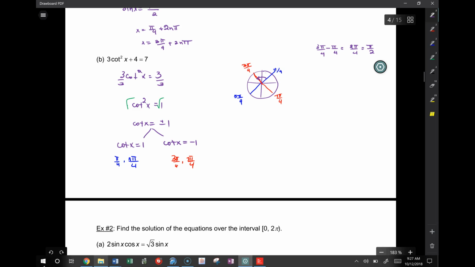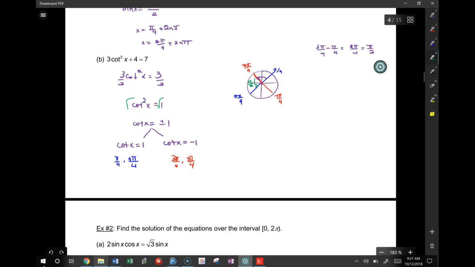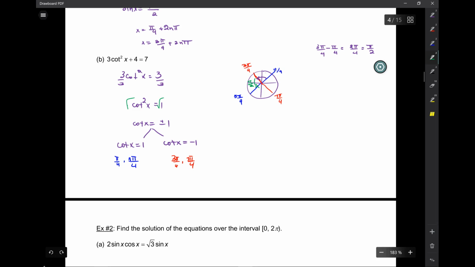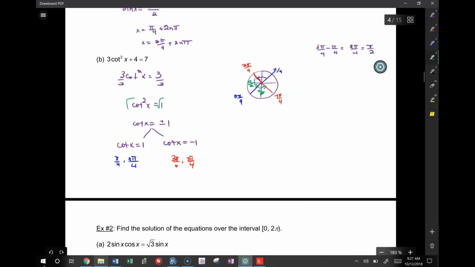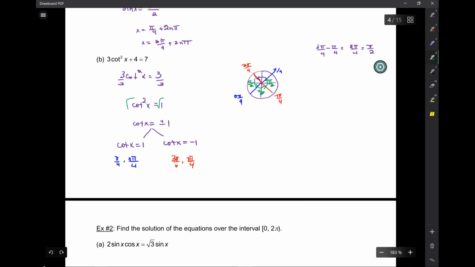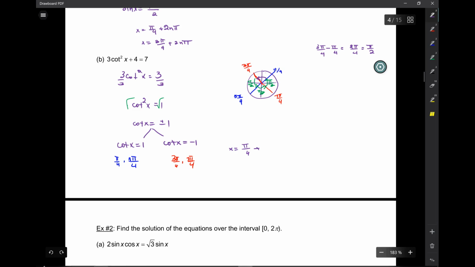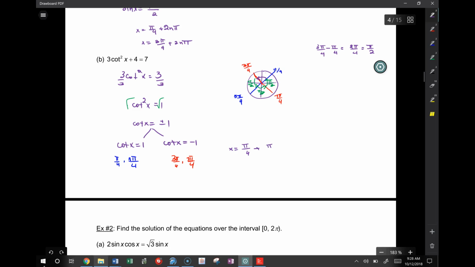How much distance is there here? Pi over 2. There is another pi over 2 here, and another here. So how do you get from one to the other? You're adding pi over 2's. So the answer here will just be pi over 4 plus, not 2 pi n, but pi over 2